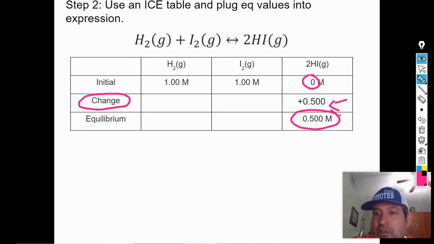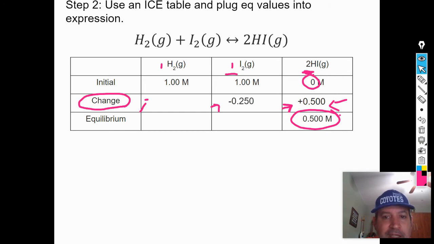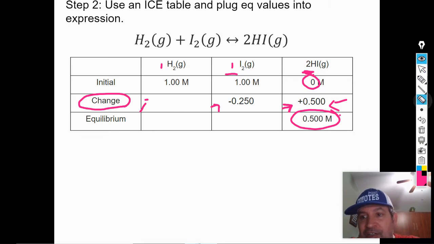All right, so then let's look at the other changes. What I want you to keep in mind here, and this is where the stoichiometry part comes in: that's a 2, but these are both 1s. If this changed 0.5, then what do these guys have to change if the ratio is 1 to 2? That's what you need to be thinking about on the ICE table. And the answer to that is, well, half, since I've got a 2